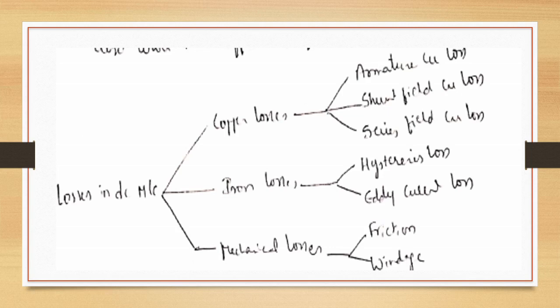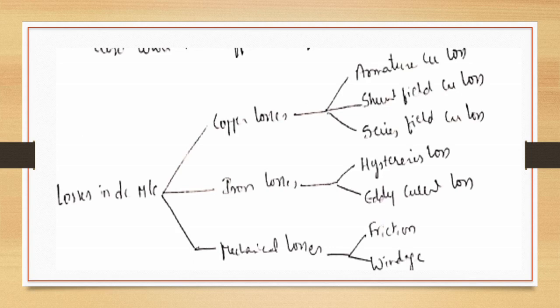Our copper losses are the variable losses, because these are I square R losses. I is varying, so they are also varying. If I square R losses occur in the armature, then it is armature copper loss. If they are in the field winding, if it is the shunt field winding, it is shunt field copper loss. In the series field winding, it is series field copper loss. The formula to represent armature copper loss is Ia square Ra, the formula to represent shunt field copper loss is ISH square RSH, and to represent series field copper loss, ISC square RSC.